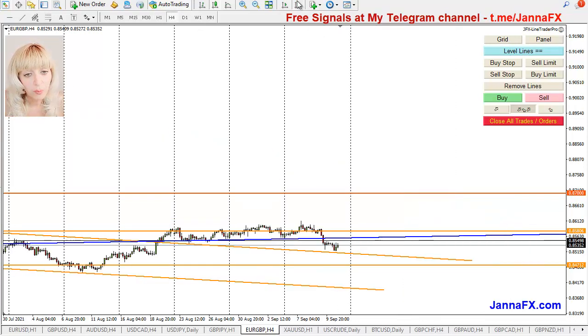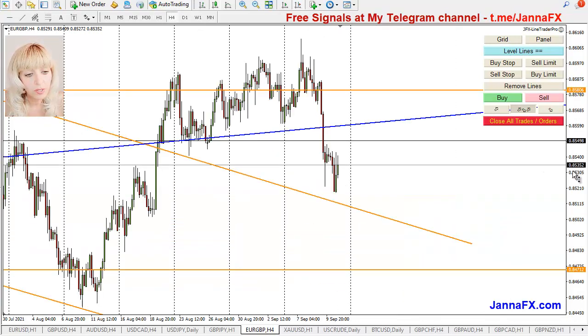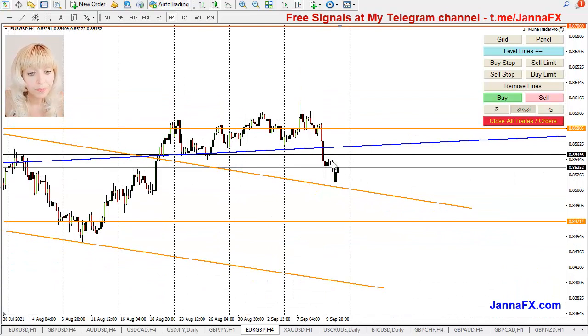That expectation, possible entry points in this way. So once again, it's quite possible to look somewhere maybe in here, but it could still go and stop in here, and who knows, it still might go back. So that's why maybe it would be better to wait for it to come back and then place the pending buy order. At the same time, I will not be surprised if it still wants to continue slightly more down,